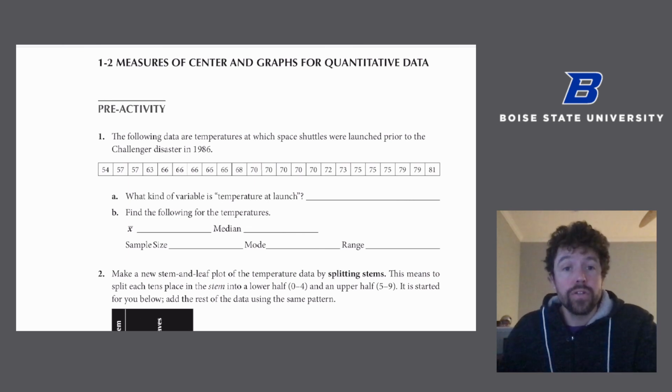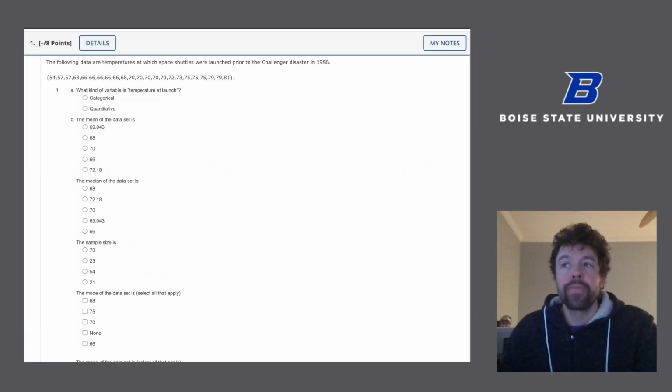The one thing you shouldn't try to do is do the WebAssign portion without doing the pre-activity in the workbook. Because if you look at the pre-activity in the workbook and you look at the WebAssign portion, what you'll realize is that the WebAssign portion is not really intended to contain all of the information. It's there to verify your answers, and so it's not particularly self-contained. It might be hard to do on its own. So that's the first point that you should notice, is that you want to do the first problem along with